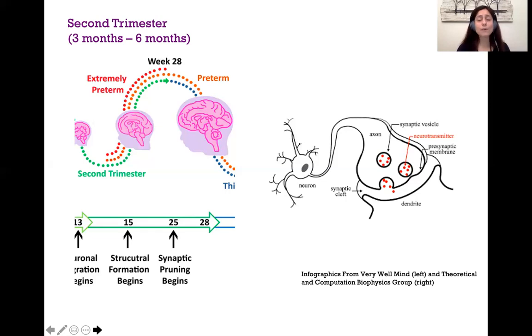Of course, the earlier a baby is born, the more vulnerable their brain is to injury. There's risk of epilepsy, interruption of formation of the corpus callosum, hindering of the delivery of messages from one part of the brain to the other. Infants who are able to reach 25 to 27 weeks of development have a survival rate of 81%. So it is better the longer that they are developing prenatally.